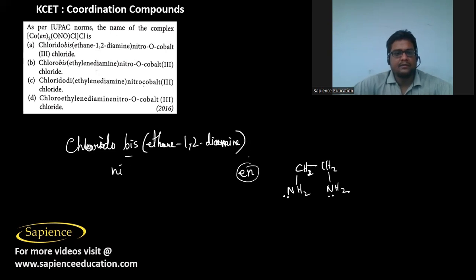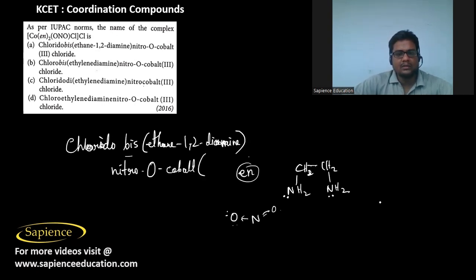Then we have the nitro group, and here the nitro will give the electron pair from the oxygen atom. So here we should write nitrito-O cobalt. And here cobalt also in Co,